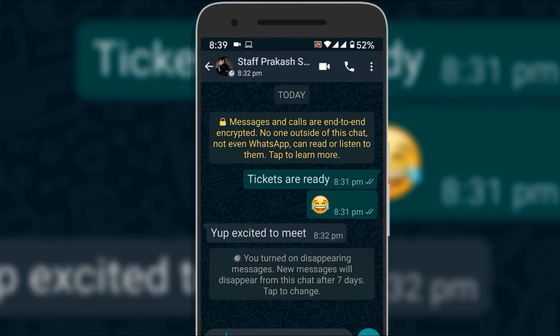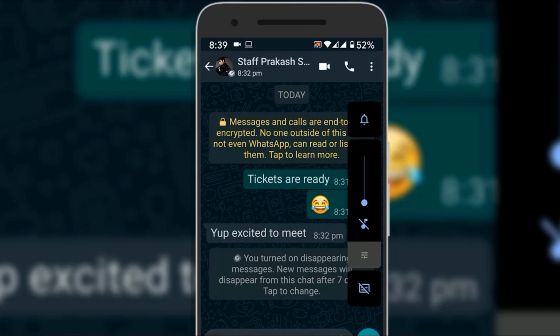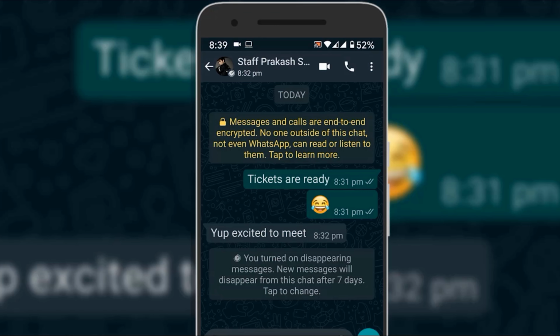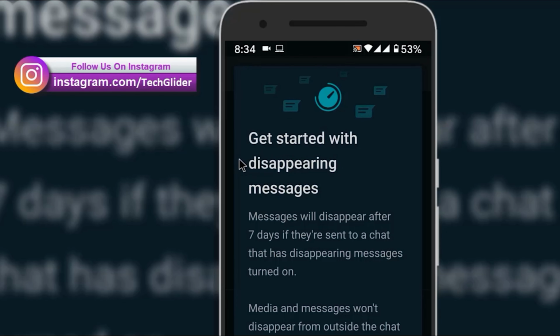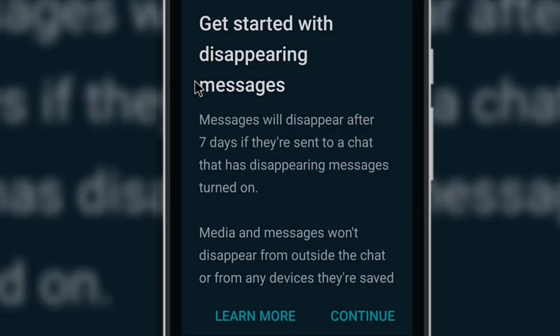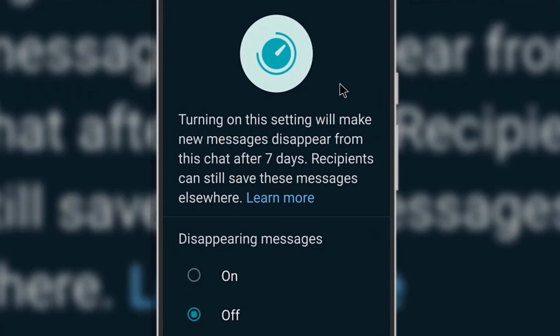WhatsApp's disappearing message feature lets the app delete chats automatically after 7 days, resulting in a clean chatting experience. In an individual chat, either user can turn the disappearing feature on or off, and in a group chat, only group admins can turn the feature off or on. Let us learn how to enable the WhatsApp disappearing message feature in a contact.